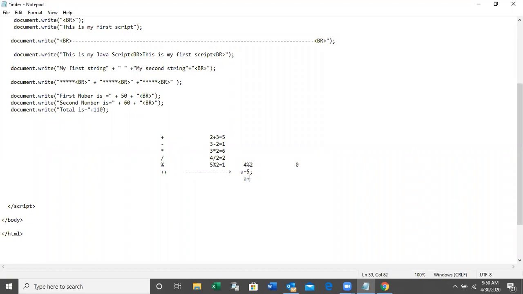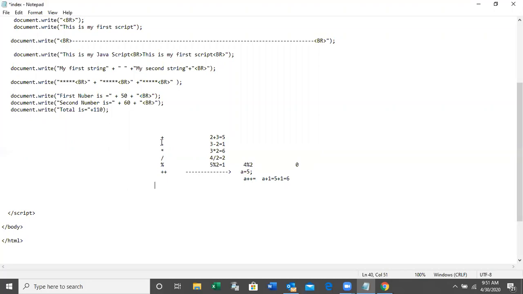A plus plus means A plus 1. So what is the output? A plus plus equals A plus 1. So 5 plus 1 is equal what? 6. Okay. So A plus plus means A plus 1. Right? The next thing, minus operator.